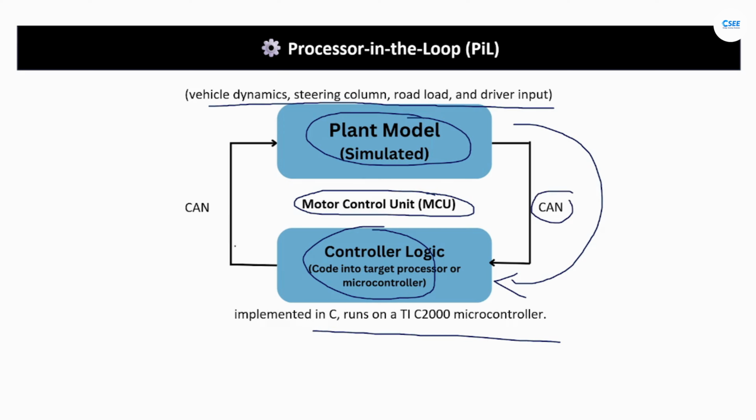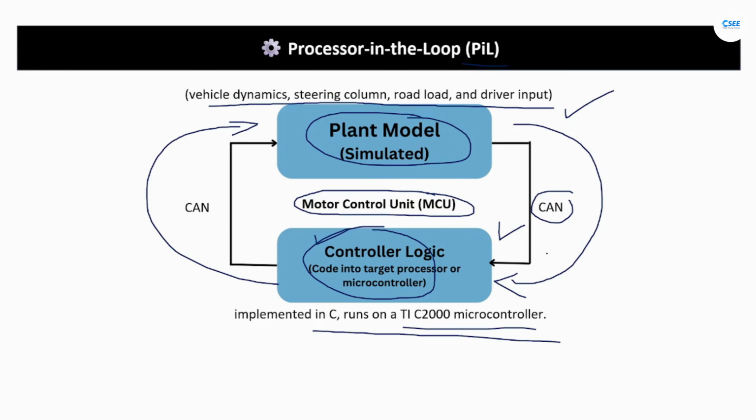The microcontroller executes its control loop and sends back actuator current commands. Engineers monitor how closely the motor torque follows driver input, how quickly the control loop responds, and whether timing deadlines are met. This PiL test confirms both functional correctness and timing performance. If the code runs reliably on the real processor under these conditions, it's ready for integration into a full ECU